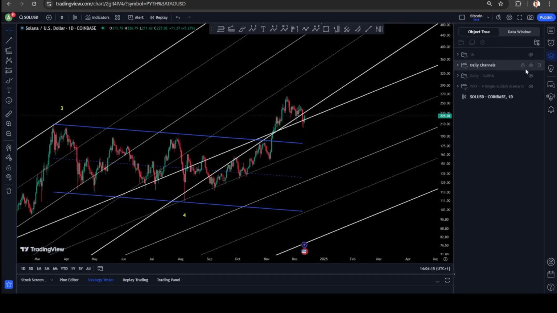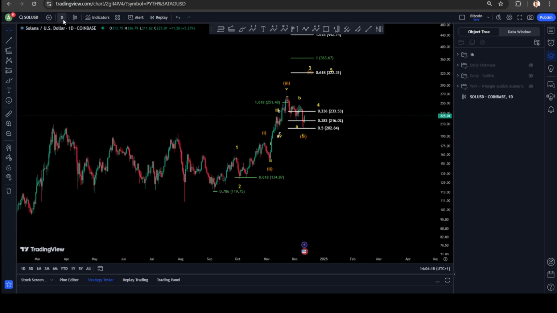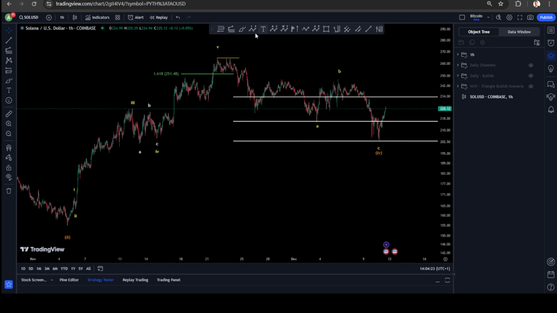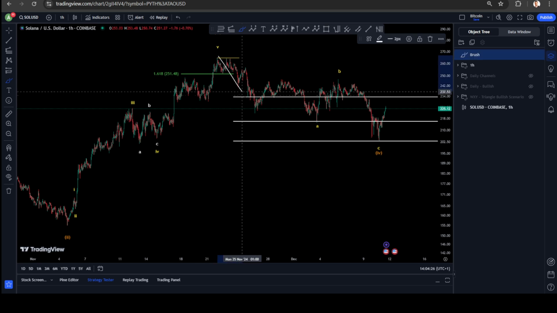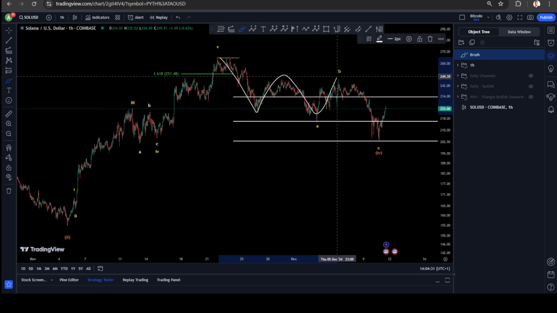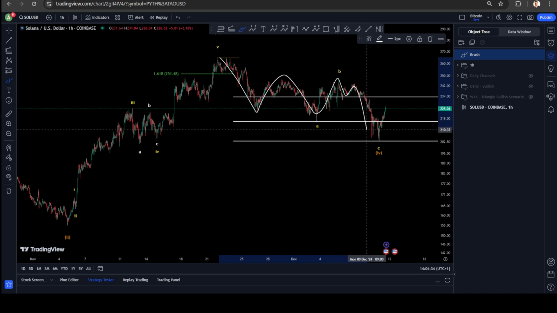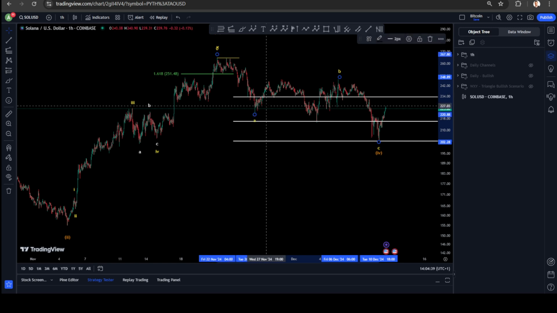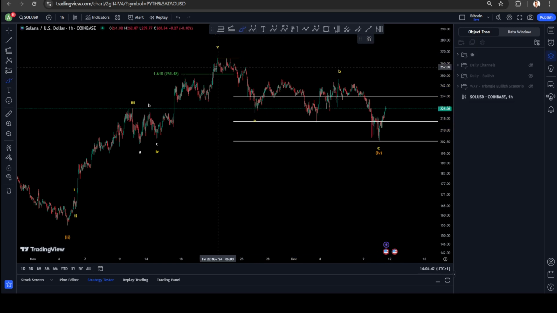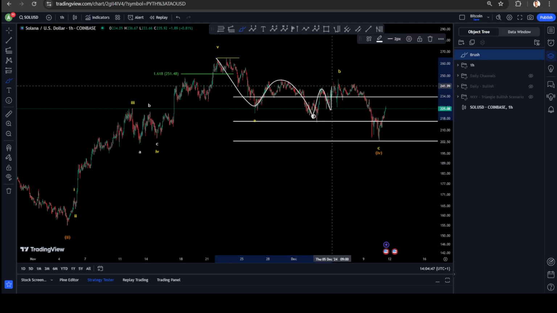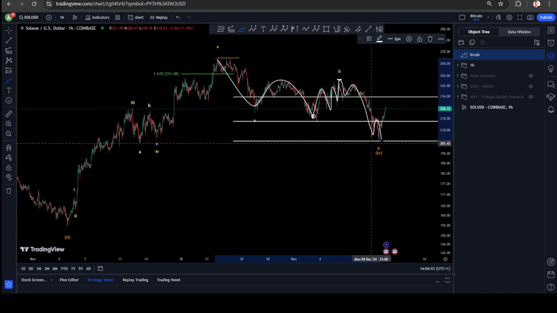Now of course this is on the daily chart. If we move to the 1 hour chart to see what happened the last week in this very massive correction, it can be taken in two scenarios. We see A, B with 3 waves for your wave B, and then 5 waves for your wave C. That means your A has finished here as a zigzag A, B, and C, which is much more possible. And it can also be taken as A for 3 waves down, WXY for your wave B, and then 1, 2, 3, 4, 5 for your wave C.